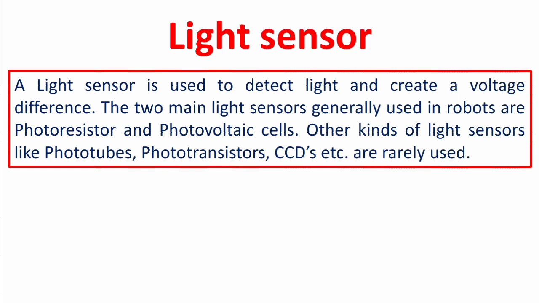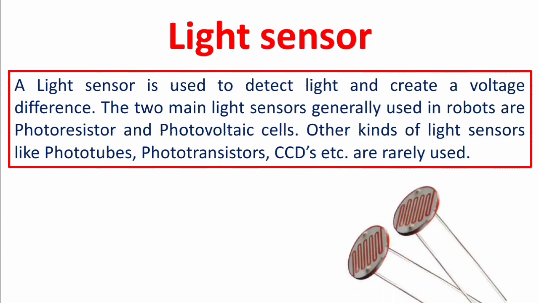Now these two types of sensors, first photoresistors and second photovoltaic. We can see here, you can see a photoresistor. A photoresistor is a type of sensor whose resistance varies with change in light intensity. More light leads to less resistance and less light leads to more resistance. These inexpensive sensors can be easily implemented in most light dependent robots.